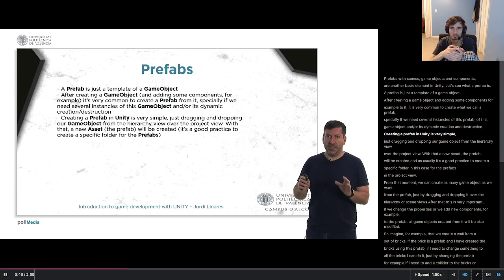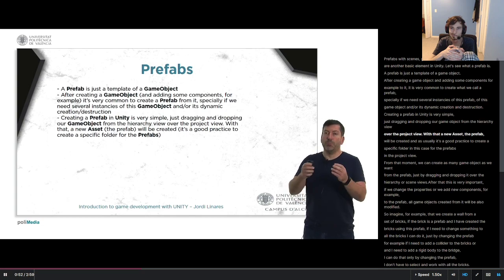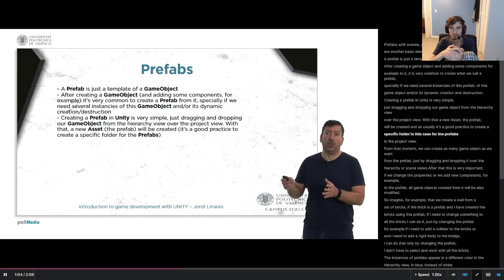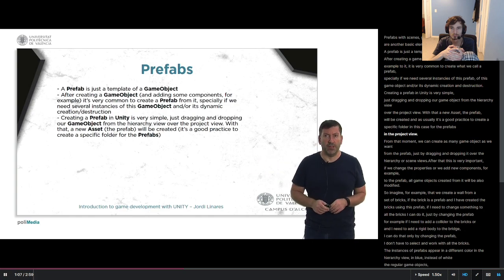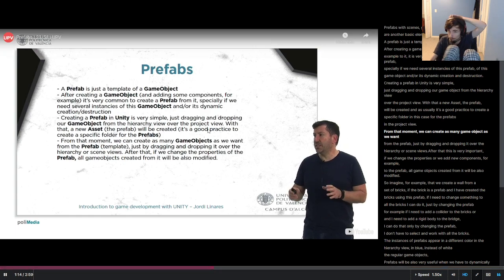Creating a prefab in Unity is very simple. Just drag and drop our game object from the hierarchy view over the project view. With that, a new asset, the prefab, will be created. And as usual, it's good practice to create a specific folder, in this case for the prefabs, in the project view. From that moment, we can create as many game objects as we